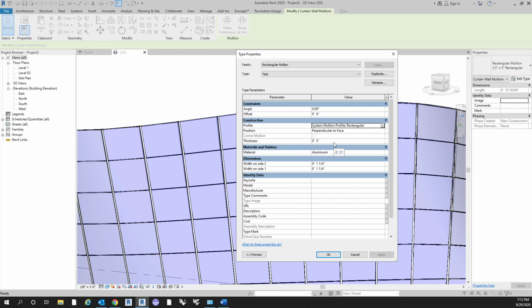So the thickness is how deep the mullion is. That's how far away, how deep from the face of the surface it will actually go. And then the width is how far to the right or to the left, or for a horizontal mullion, how far up or down from the center line of the grid you want your mullion to be. So to show what the difference is, let's do a 3-inch width on one side